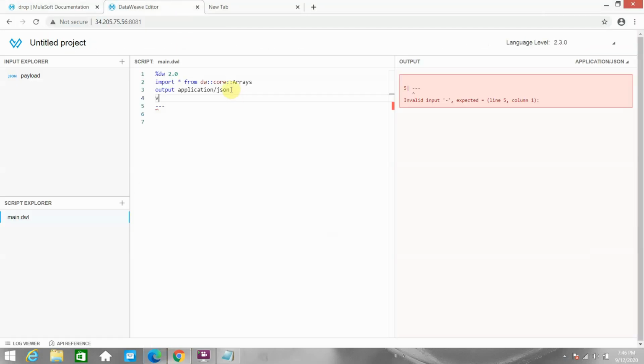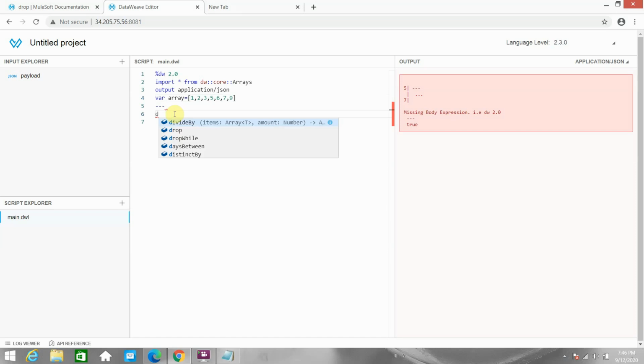I will move to DataWeave and create an array, passing some numbers: 1 2 3 5 6 9. Drop takes two parameters: one is the payload and the second is the n value.